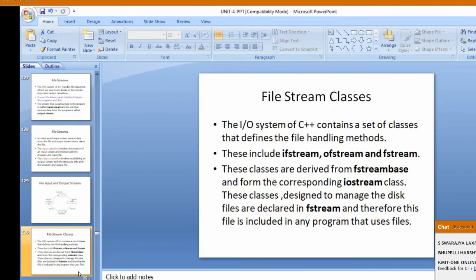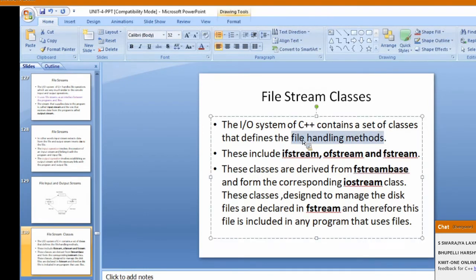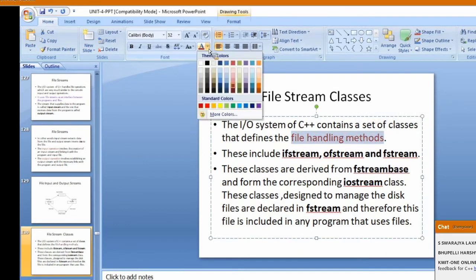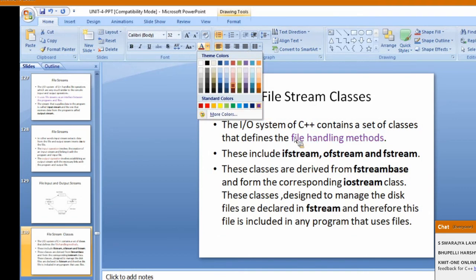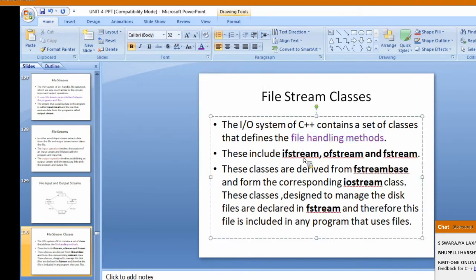Then file stream classes. What different file stream classes do we have? We have a set of file handling classes: ifstream, that is input file stream, and ofstream, that is output file stream. fstream is for file.